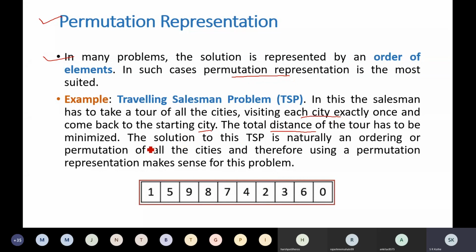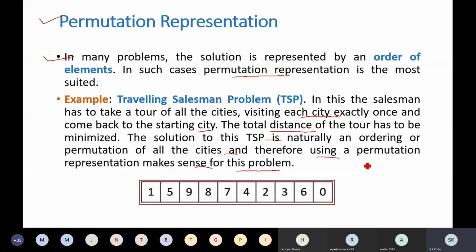Total distance of the tour has to be minimized. It's a minimization problem. The solution is naturally an ordering or permutation of all the cities. Therefore, this permutation representation is the suitable representation for the traveling salesman problem.